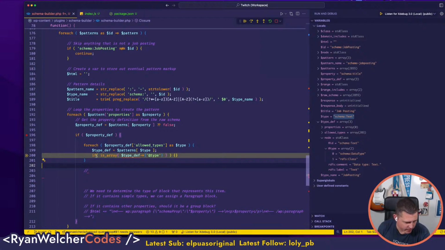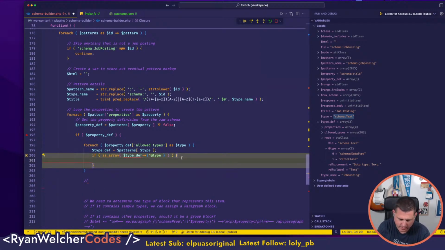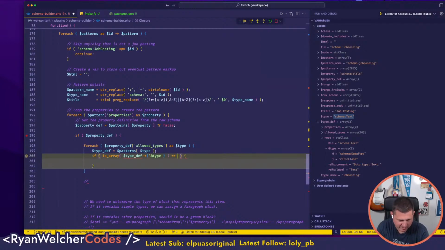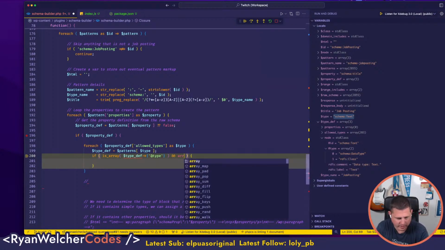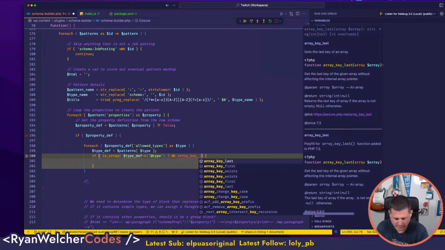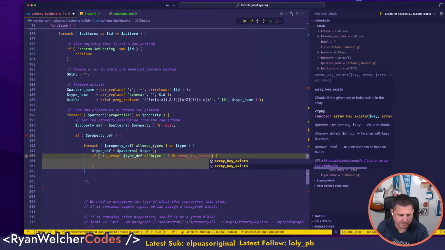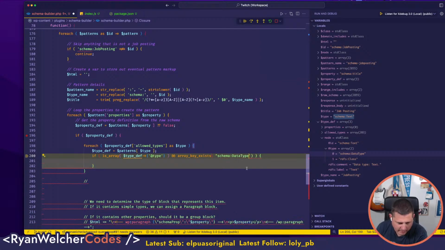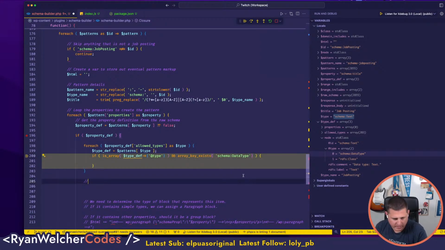If it's an array, we want to check, okay, if it's an array and array key exists, and the key that we're looking for is schema data type. Copy that value, right? If it's schema data type, then that means,